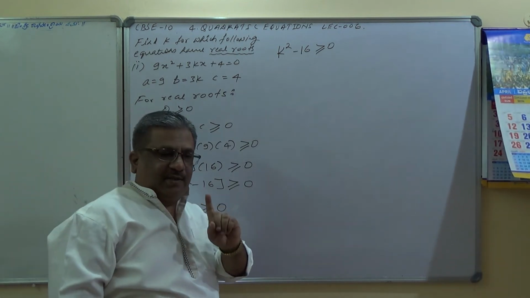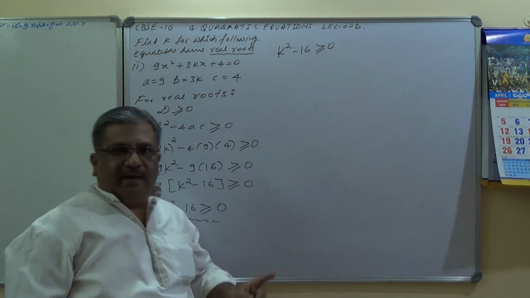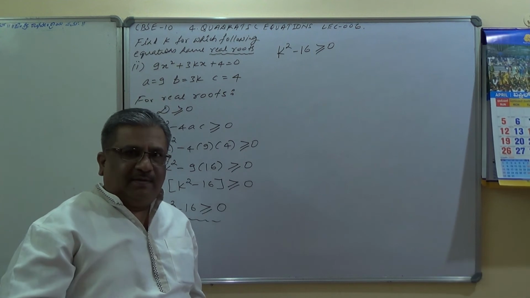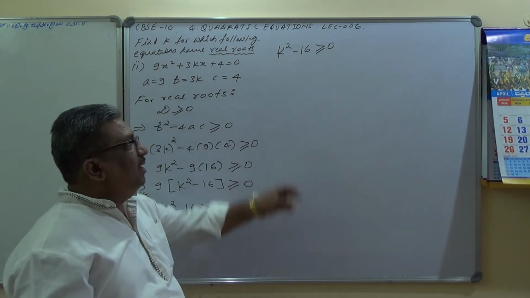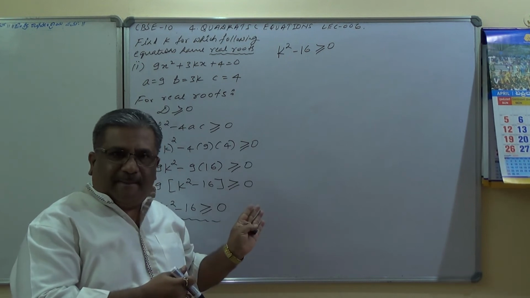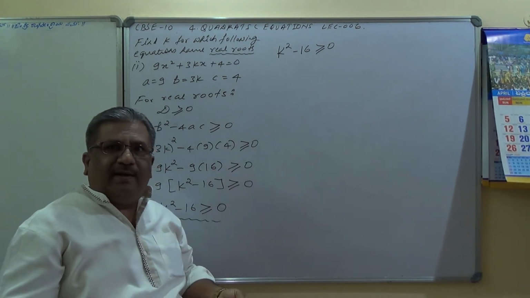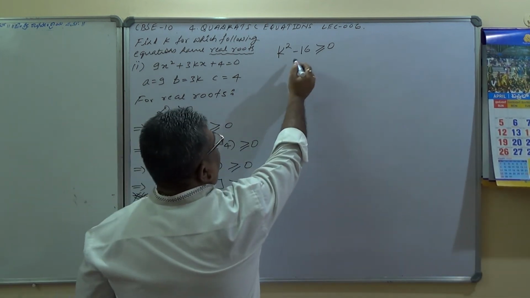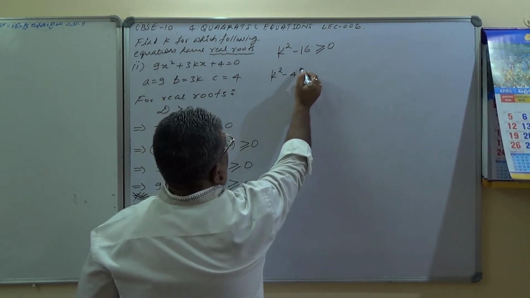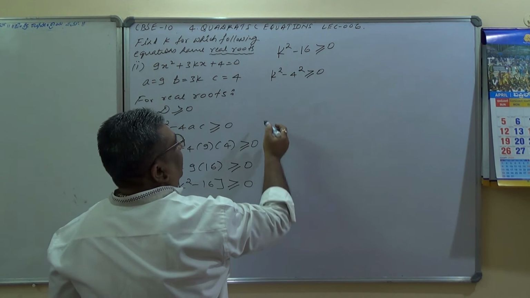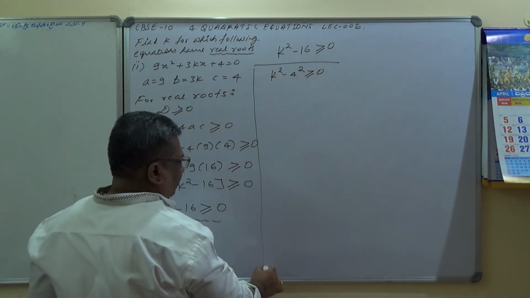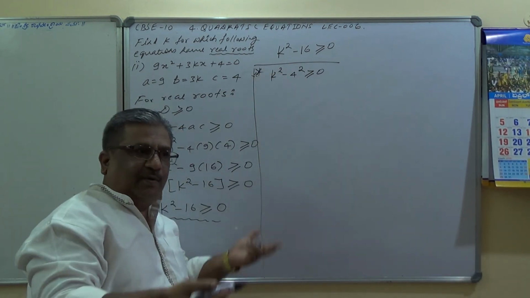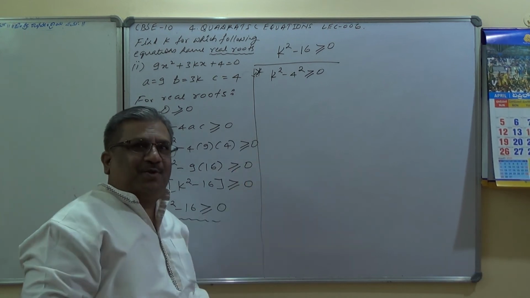One interesting fact. First I'll solve here the way which generally you and I will solve, but it is wrong. Are you able to understand? I'll solve this generally, whatever I used to solve earlier, I can do the transposing, and let us see whether it is correct or not. Interestingly, this is nothing but k square minus 4 square, greater than or equal to 0. What I am solving here is a wrong method. It is a wrong method, but this is how generally everyone will solve, and therefore the wrong method first I will teach and then the right method I will switch over to.